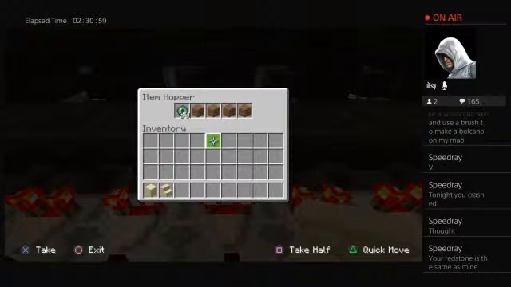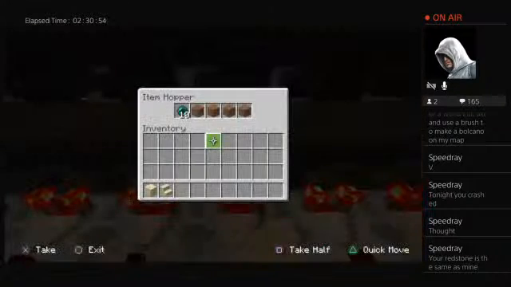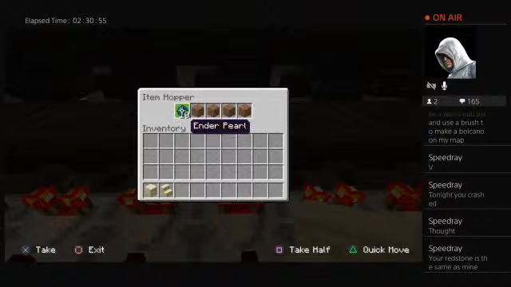So there's my Ender Pearl. See how it says 30 in there? Or Eye of Ender. That's not what I wanted. Ender Pearl. See, it's got 10. And then you use the,